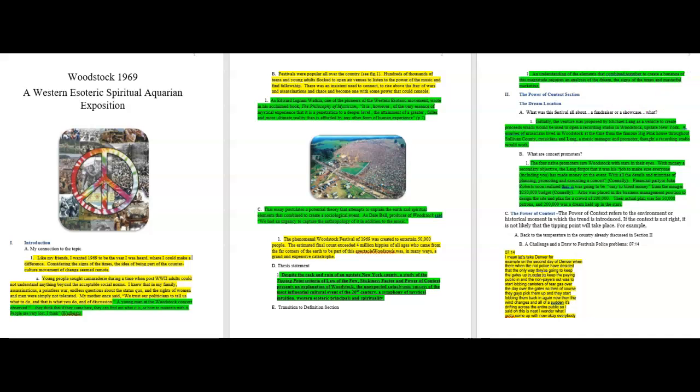So I am thinking about with Woodstock, what was happening at the time as the factual basis for how in the world did this happen. So I noticed that in Malcolm Gladwell's Tipping Point, the power of context is one of the tipping point ideas. So that's why we start with the power of context. And I have the location, I have this information about the promoters and their dream, I have the power of the context in the environment,